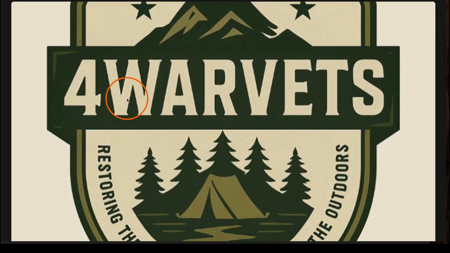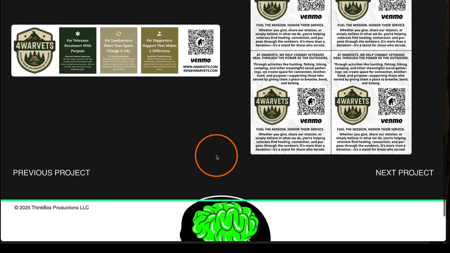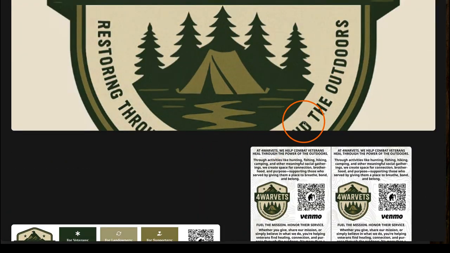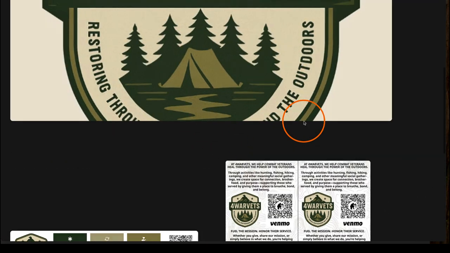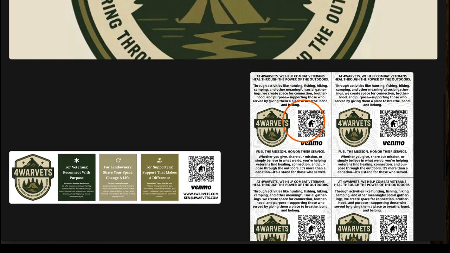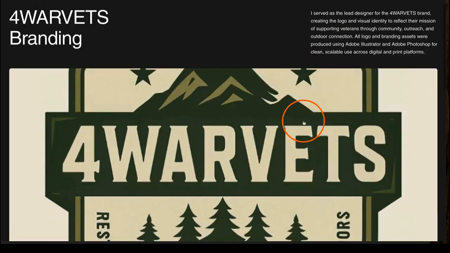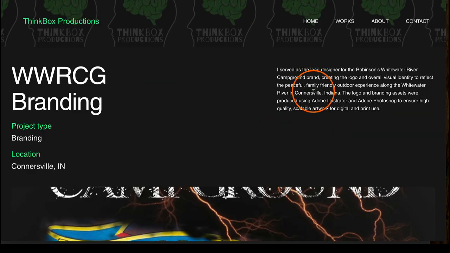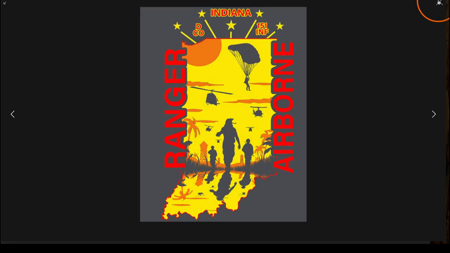Make sure that things are really sharp when you're talking about logos and avoid cropping them. You'll find clients want to make sure their whole logo is viewed. It's clean and it's easy to understand. I do like this one. And it's sharp. It's really sharp.